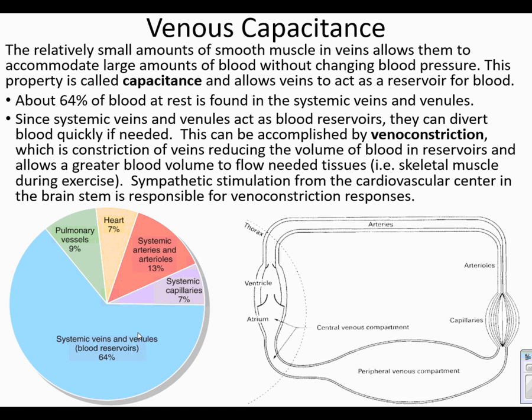And that, like I said, is accomplished by venoconstriction. Not as dramatic as vasoconstriction, but it does constrict veins, reducing the volume of blood in the reservoirs, allowing a greater volume of blood to flow to the needed tissues, i.e. skeletal muscle during exercise. This is activated by the sympathetic nervous system, and that is controlled by way of that cardiovascular center in our medulla oblongata, the brainstem structure that we talked about the other day